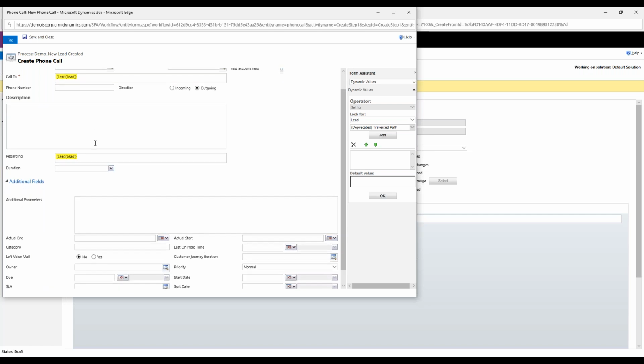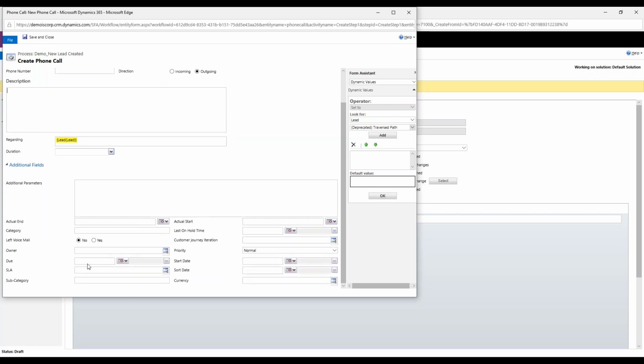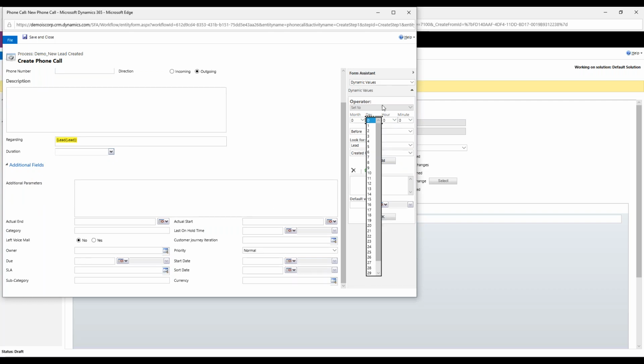And what we are going to do, the last thing we want is the due date. And we're setting that due date 3 days. So we want to call within 3 days. So we're going to use our dynamic values over here again. We're going to set to, and you can see you have before or after. So depending on what date you're starting with, whether you want it to wait or be 3 days before or